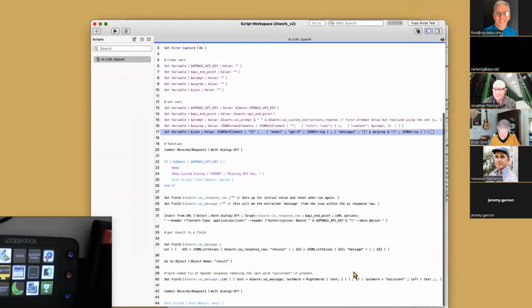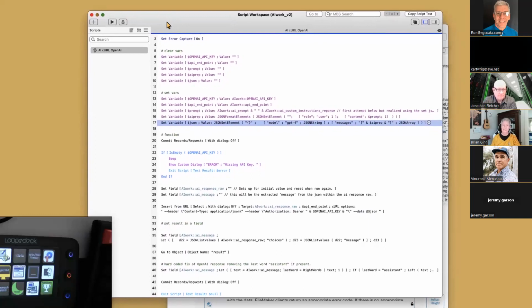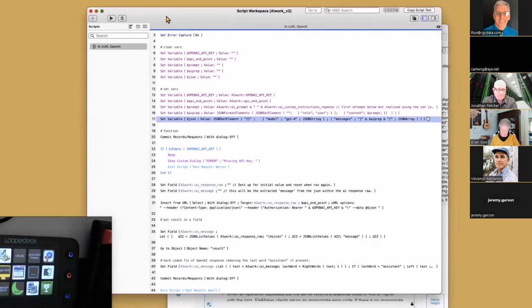Where's my insert? Here it is. There it is, right here. So even though I constructed a JSON that's correct, you have to put this @ symbol in front of it in your insert from URL, or it'll ignore it, throw an error, it won't accept your request. That's probably the single most important time-saving thing I could tell you.